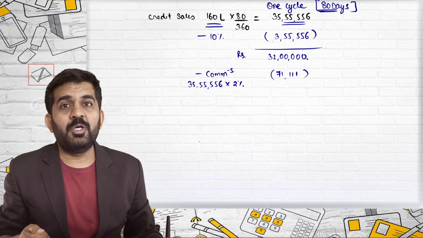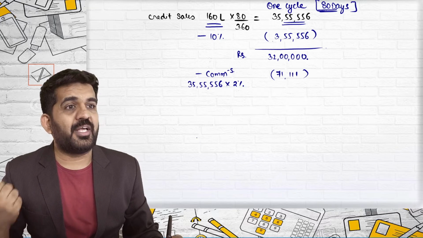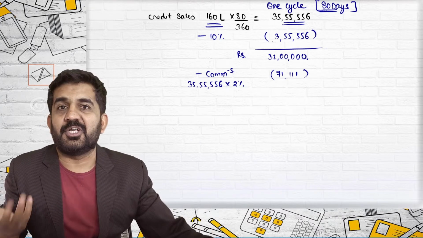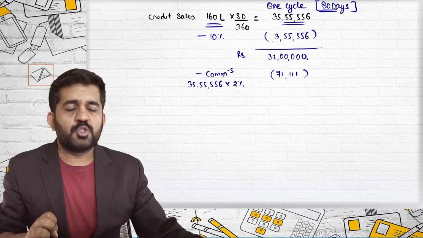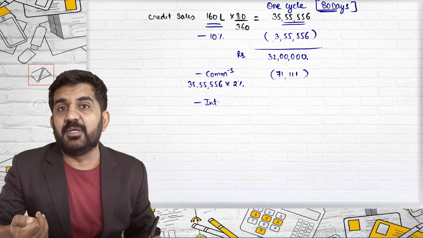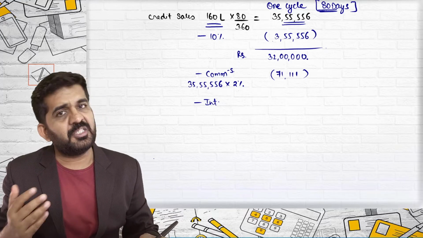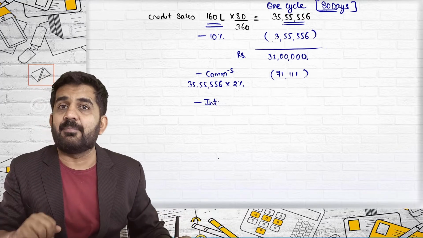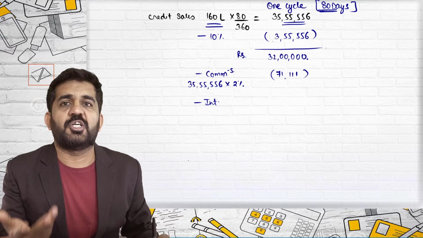Also, he told that he will be charging interest on the advance money. He is going to pay us 32 lakhs after deducting his reserve. So he will also be charging interest and deducting it from this amount. We are assuming this, that he will be charging interest and deducting it from this amount, and the net amount he will pay to me. He will not charge interest again.